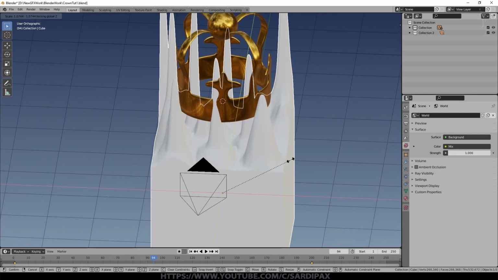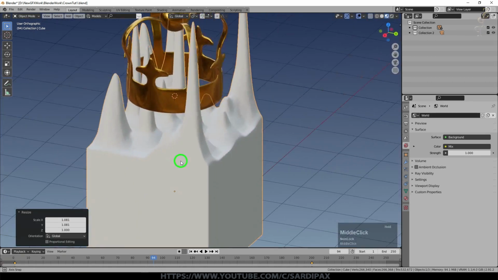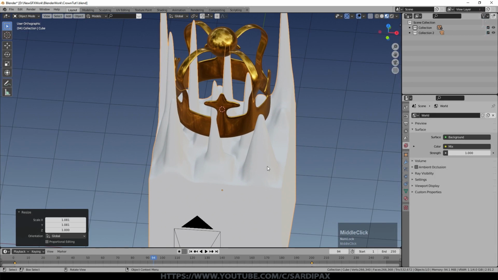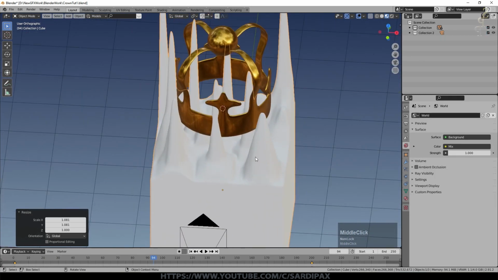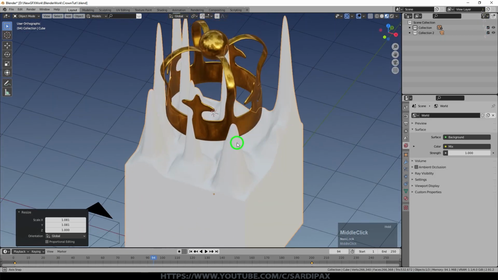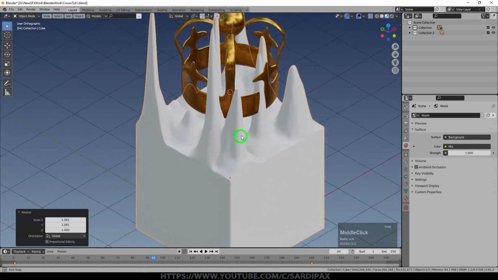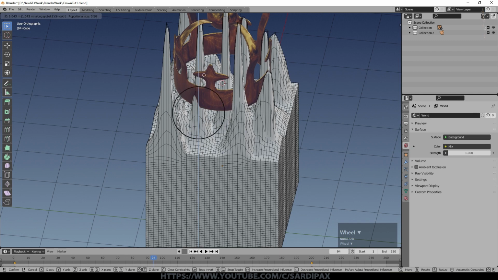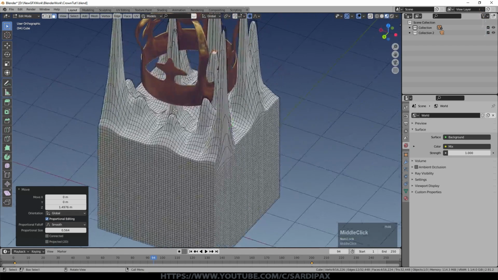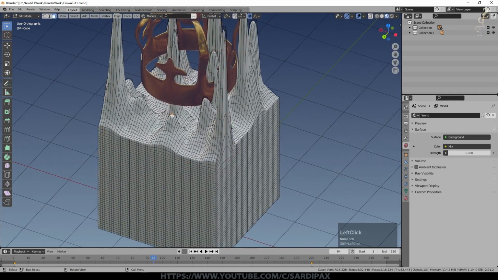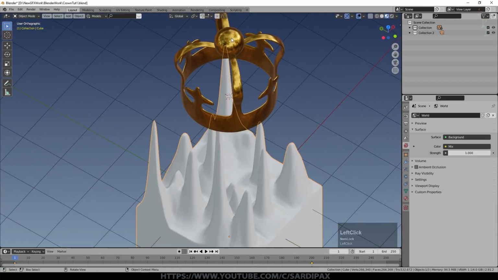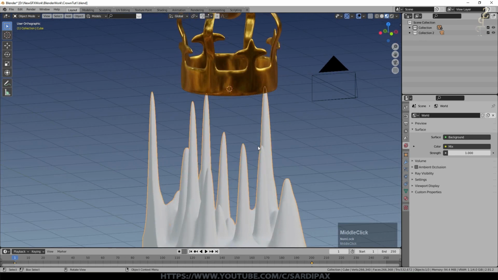I'm just making the whole cube a little bigger there, and you can see that at least some of these are going to impinge. As I say, we really need to make sure that there's enough of these spikes to impinge in lots of areas on the cube. And I can always add more, of course. So if I take that one and bring that one up there, perhaps take this one, and that's fine. Eventually the whole thing will be enclosed and the whole crown will be there.